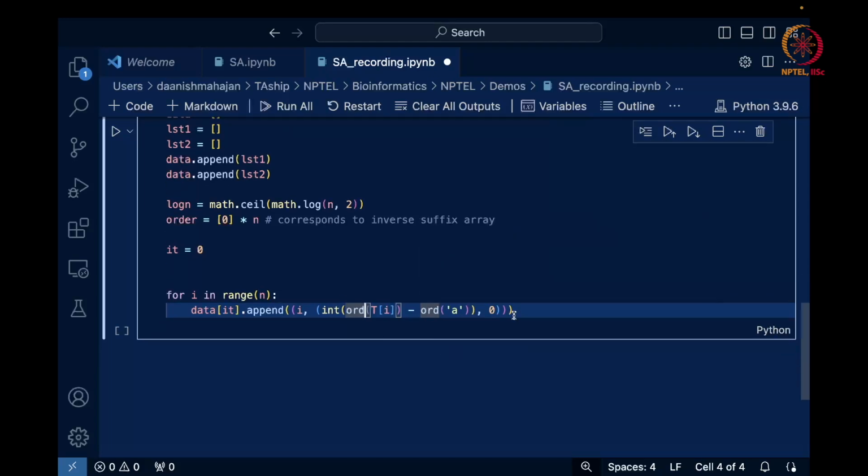That will give me the initial value, and the second index here is 0 because we have not computed it yet,